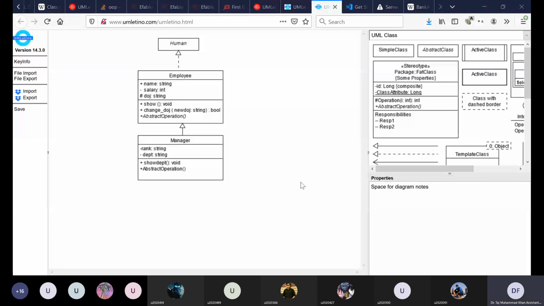So in Java they have another term which is called interface.